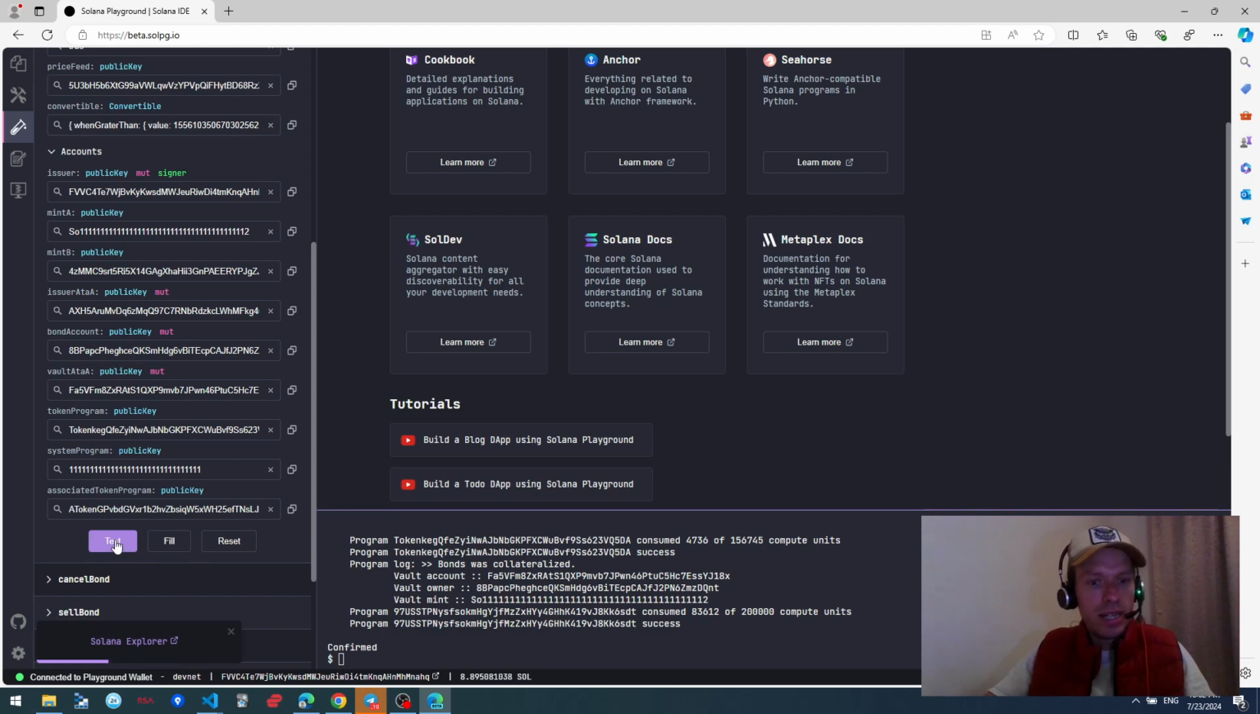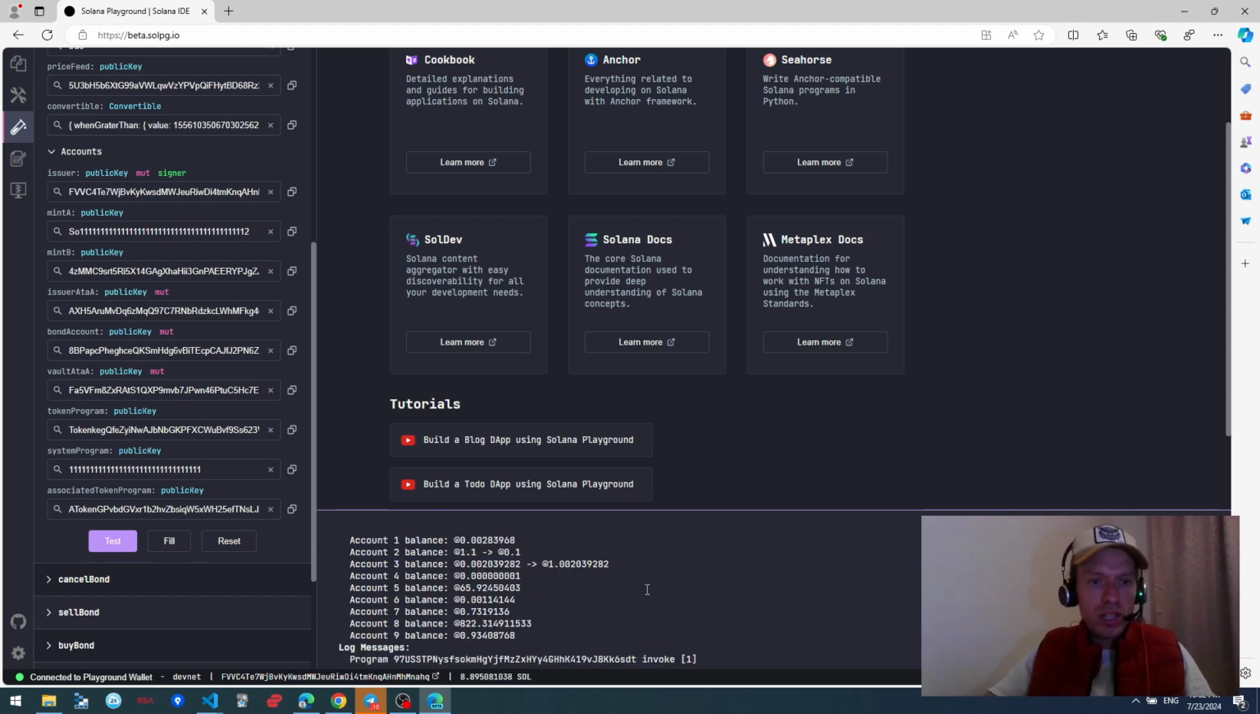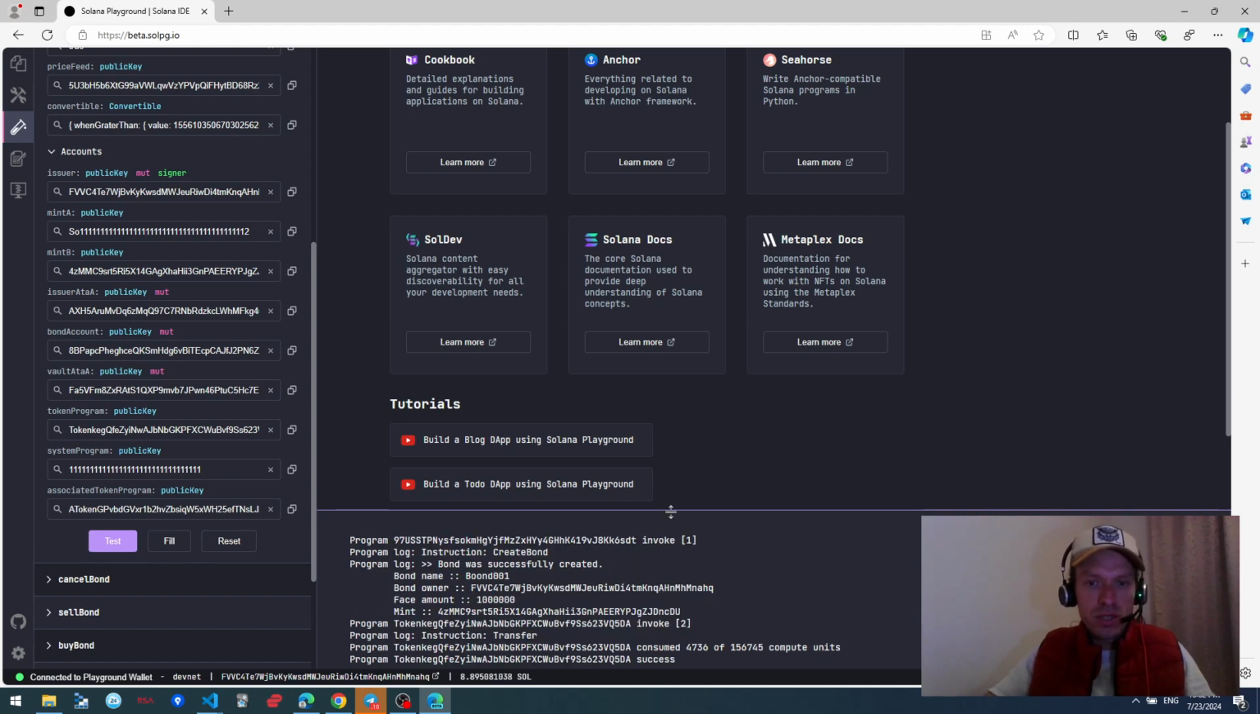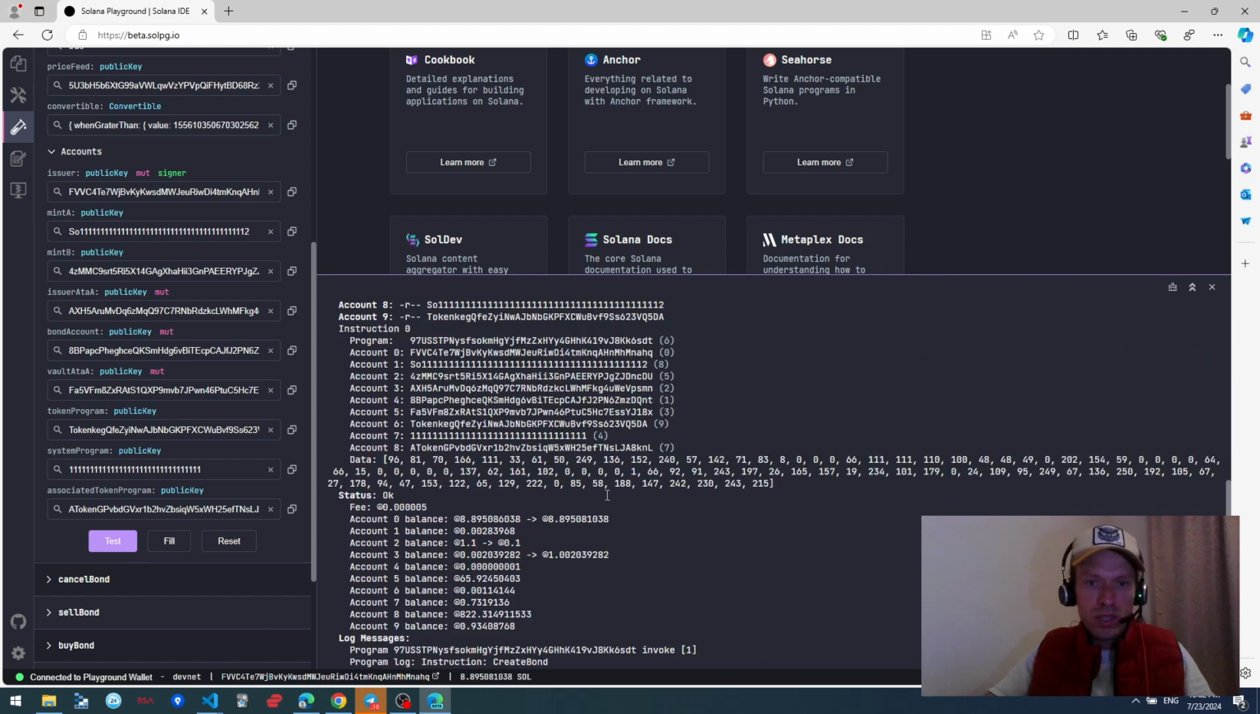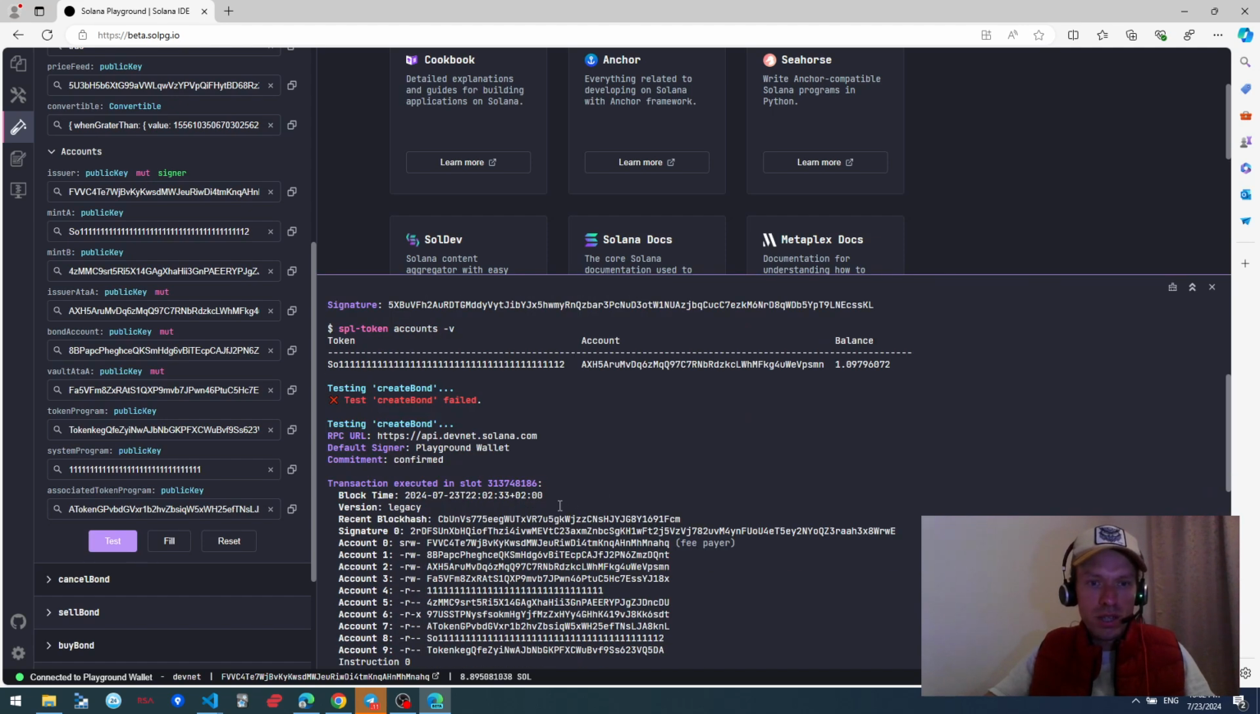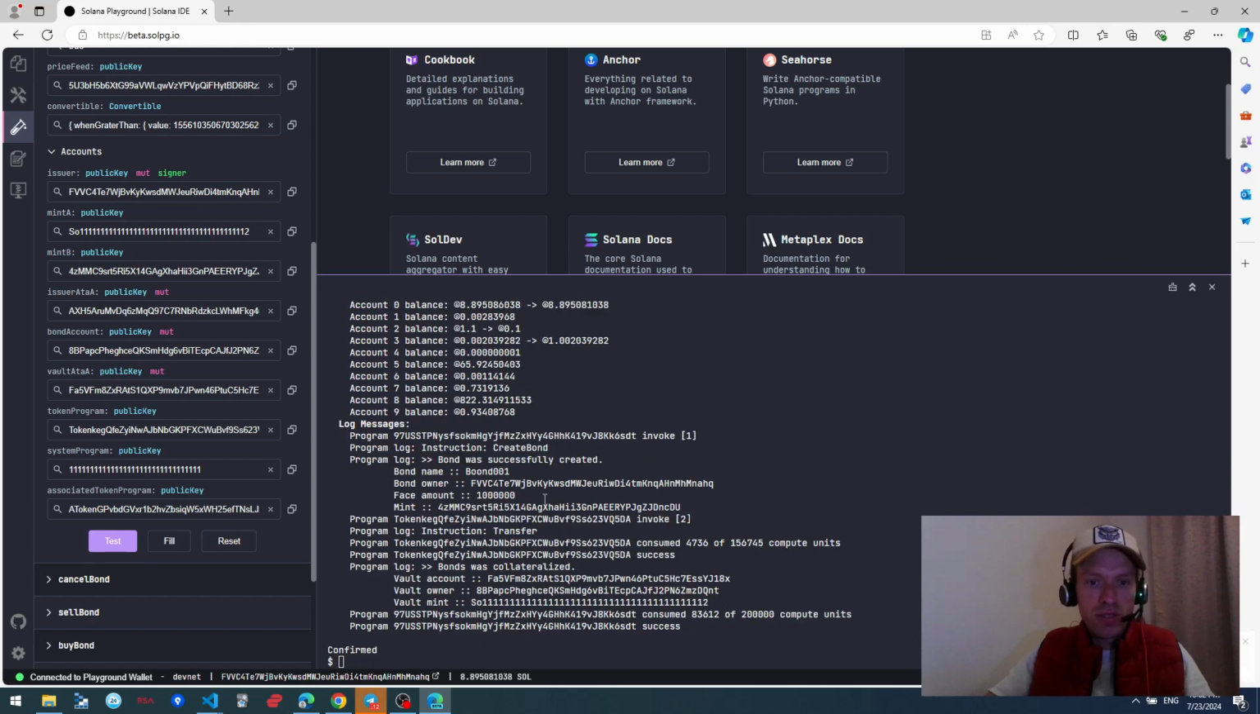Oh, now transaction is running. Confirmed. This is nice to know that transaction is confirmed. Actually, let's give it a try, because when transaction is confirmed, it means that the bond was successfully created, right? So